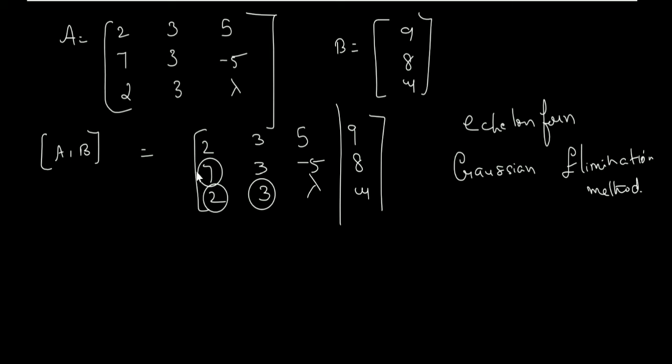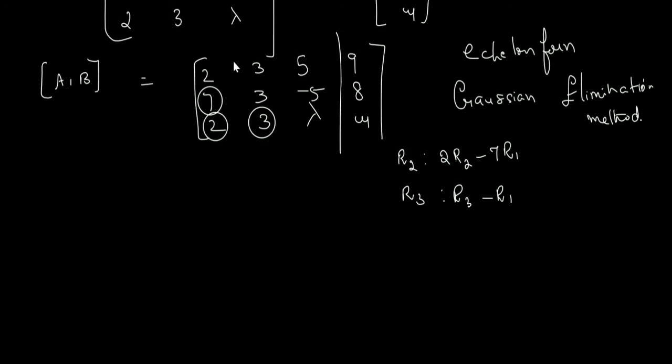Normally, how do you use the elimination method? The same method you are going to use. Multiply this by 7, this by 2. So 14 minus 14 will give you 0. When you multiply by 7, the entire row should be multiplied by 7. Here also, the entire row should be multiplied by 2. So we are going to change R2: 2 times R2 minus 7 times R1. And R3, how do you change? You have to make a 0 here, so you can just subtract. So R3 is R3 minus R1. So let us do this.